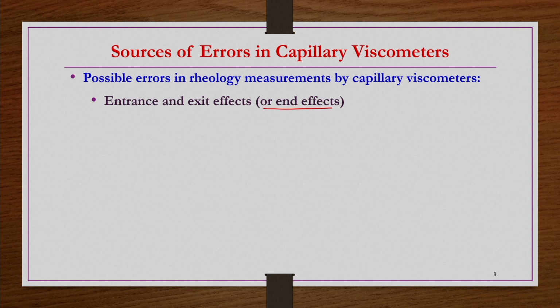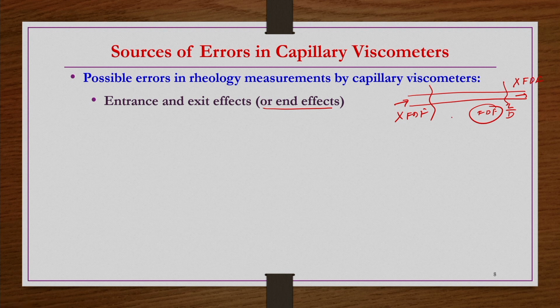In the fully developed flow analysis, we have taken the capillary as a circular pipe. We have taken L by D large, and then we said fully developed flow. This fully developed flow may not be there at the entry and exit levels. At the entry, the flow will not be fully developed, and at the exit also the flow will not be fully developed. But all our analysis is based on fully developed flow, right.